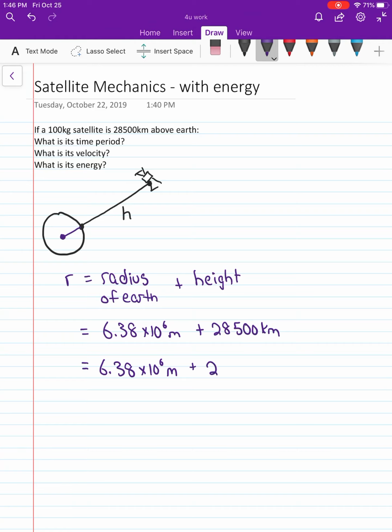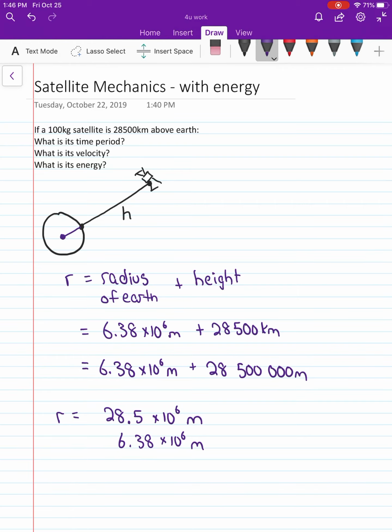That's the same as 28,500,000 meters. Or if I write that a little bit differently, the height was 28.5 times 10 to the 6 meters, and the radius of the Earth is 6.38 times 10 to the 6